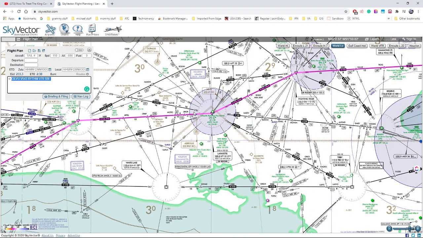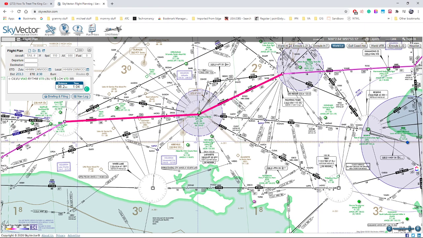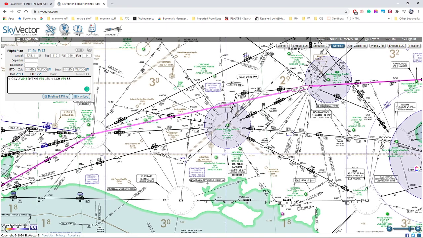So instead of following Victor 70 all the way down to Lafayette and then across, we basically have the permission to completely bypass the entire route structure between Fighting Tiger and Lake